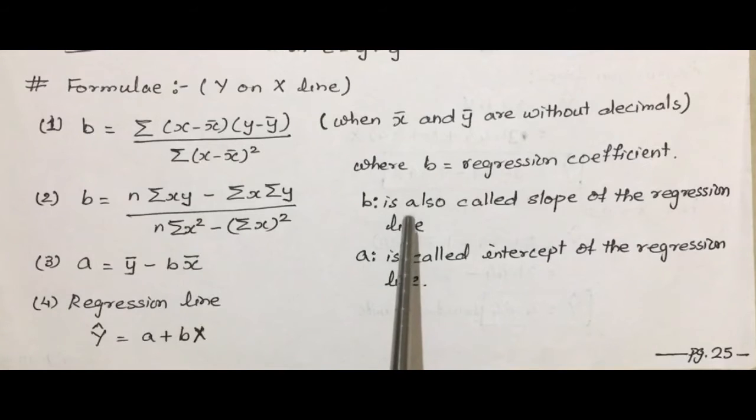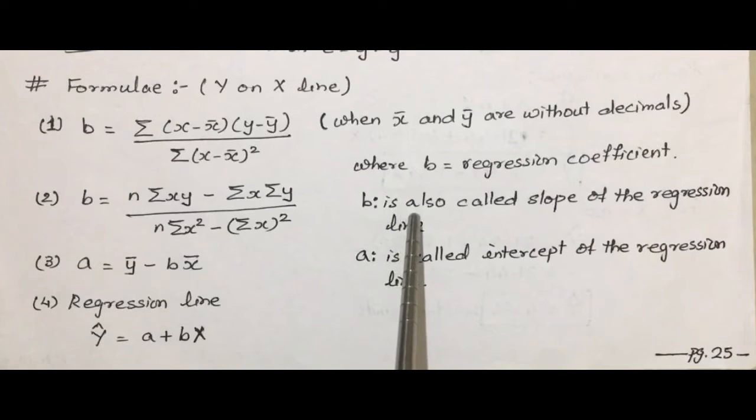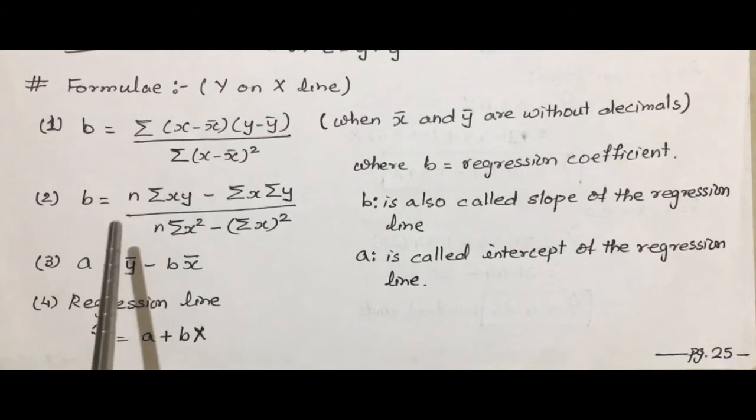Now if we consider both A and B, then A is called the intercept of the regression line, whereas B is also called the slope of the regression line. Now once we calculate the values of A and B,